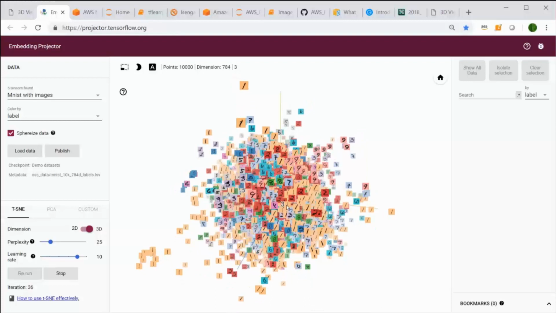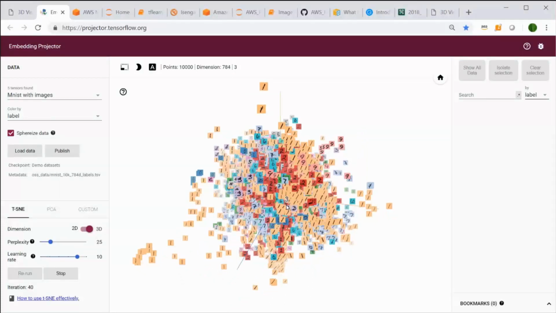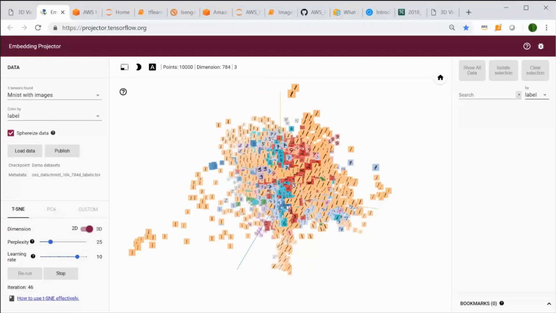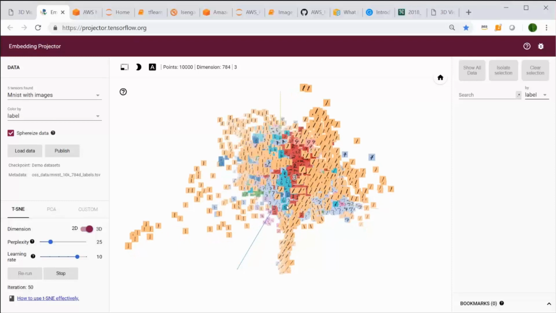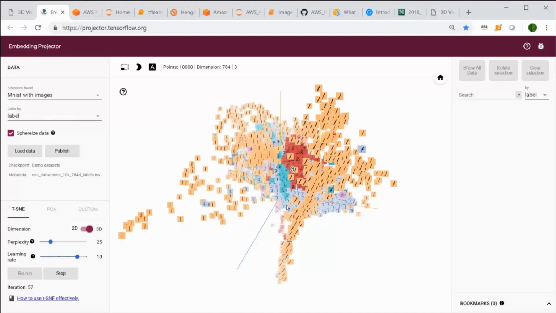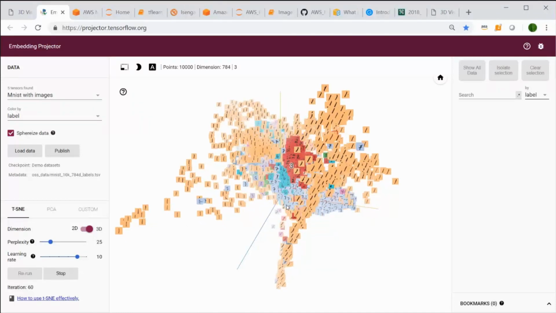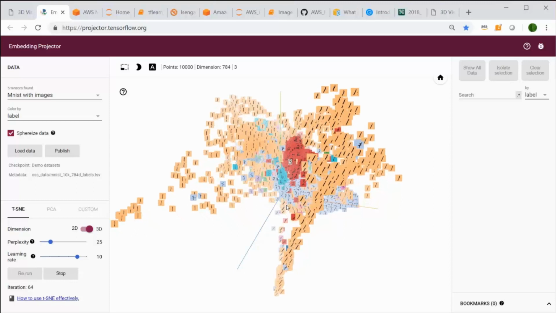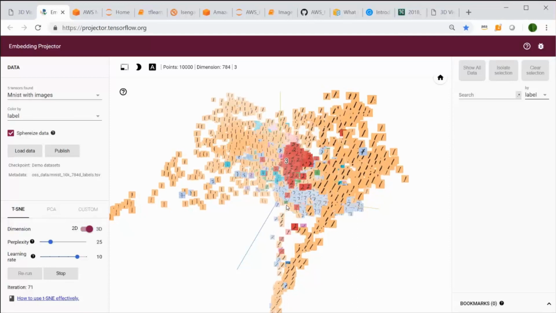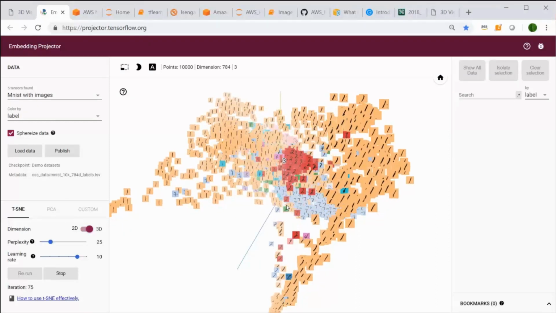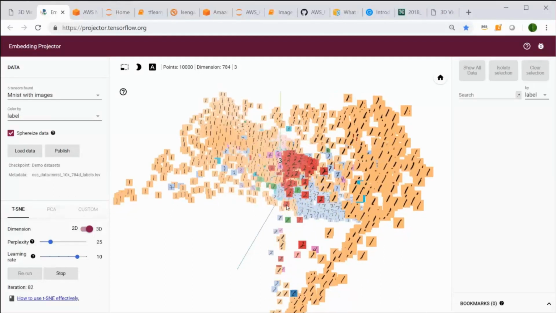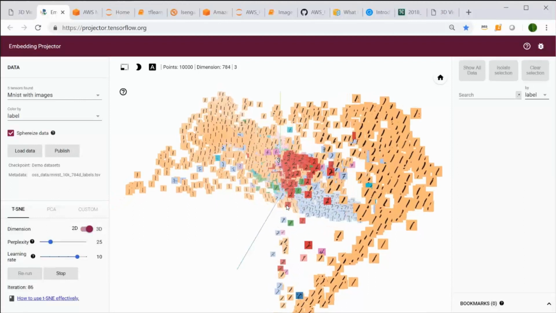So in essence, if this algorithm were to work correctly, the ones would all be clustered in a very similar space, while the twos are close together in another space. And of course, the threes and fours are all clustered in their own space because the embeddings, or the signatures of these images, would be very similar. As you can see, as we iterate through this algorithm, they're already being clustered together in a very similar way.